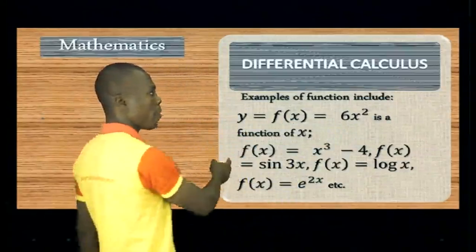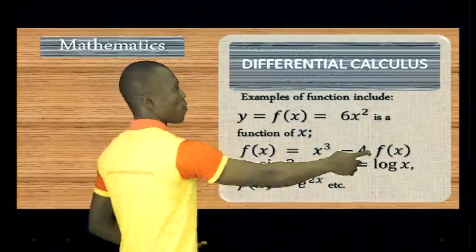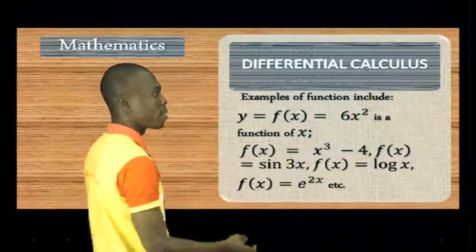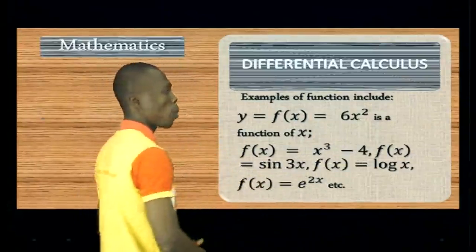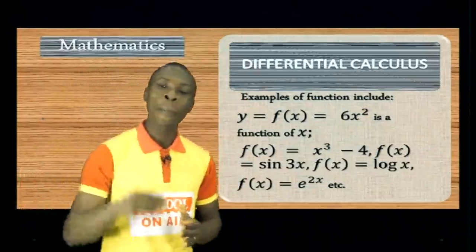Okay, we can have f of x is equal to x cubed minus 4. We can have f of x is equal to sine 3x. We can have f of x is equal to log x. We can have f of x is equal to e raised to power 2x. So in all those examples, we realize that the function will depend on whatever